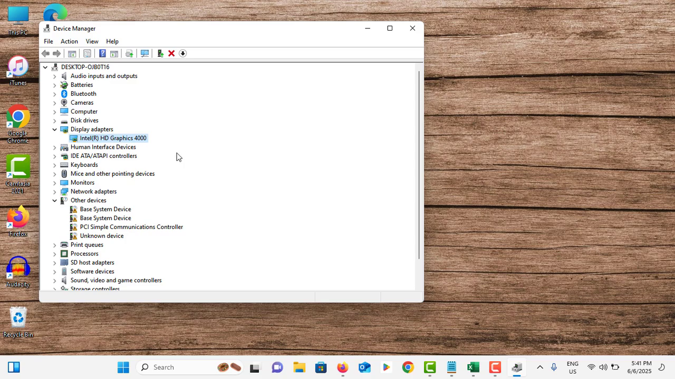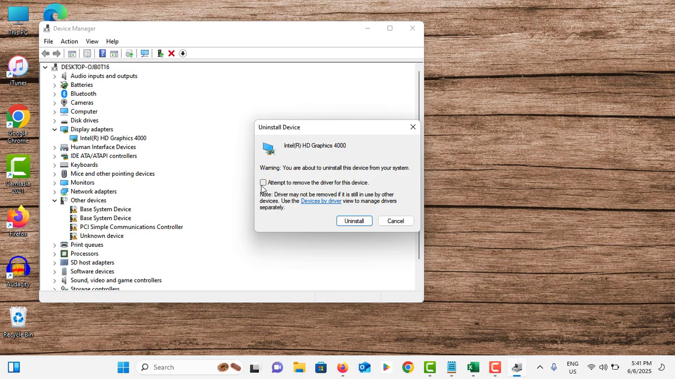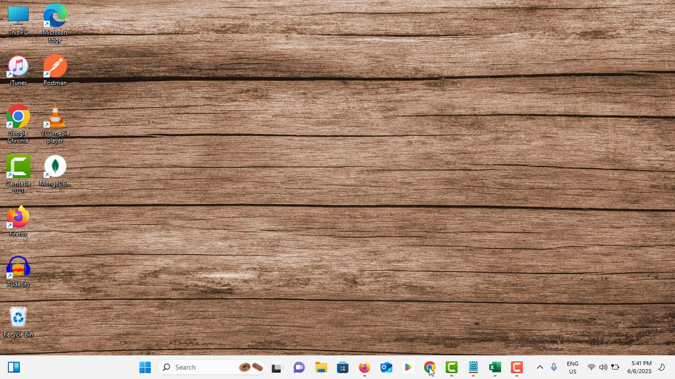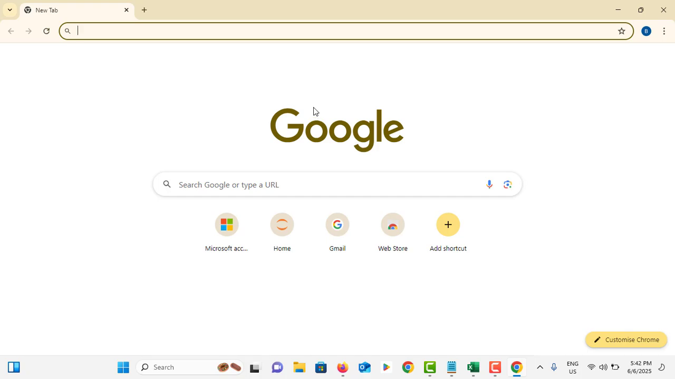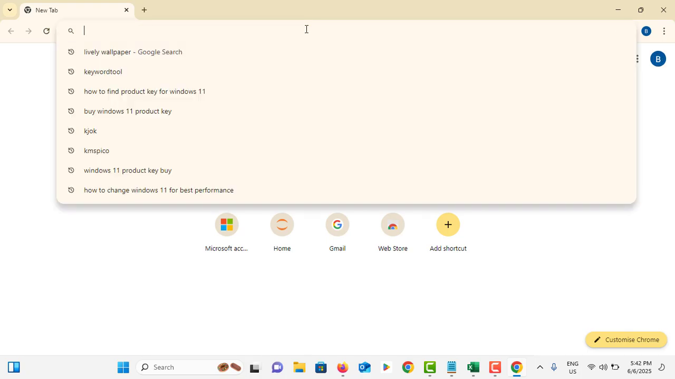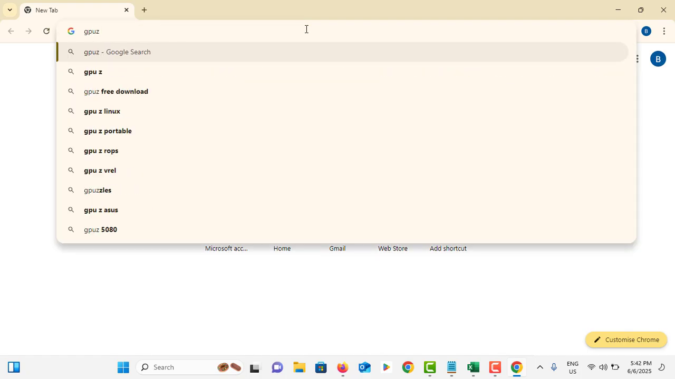If it is not working, right click on it, tap on uninstall driver, tick this one, tap on uninstall. Then it will uninstall your driver and you need to restart your computer. Then after, go to your browser, in the address bar type GPU reset, hit enter,